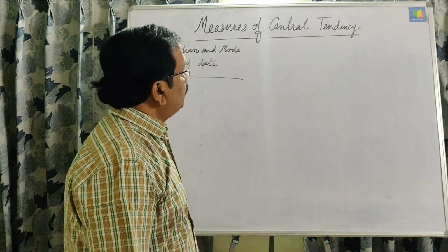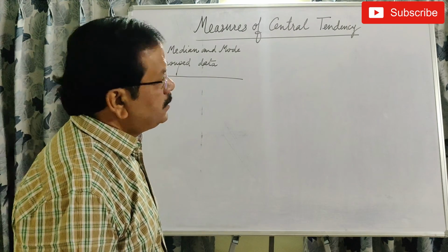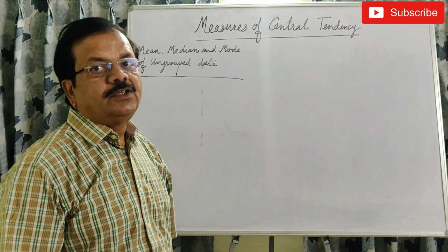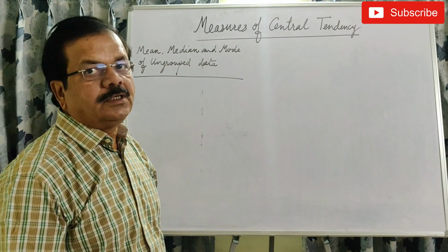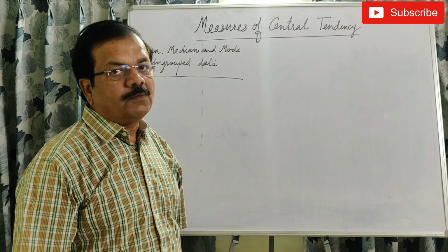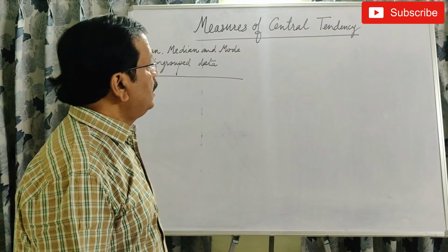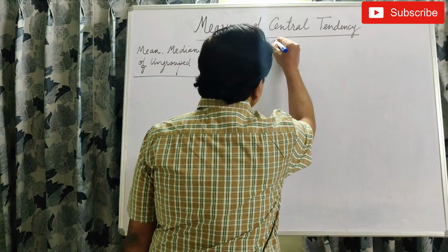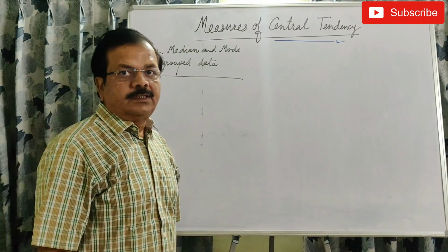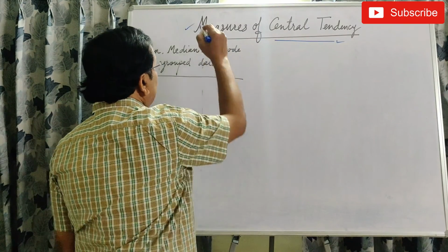Now first of all, often we observe statistical data which has a tendency to cluster around a certain value, possibly the center of observation, and this type of tendency of statistical data is called central tendency, and the numerical value which represents the entire statistical data is called a measure of central tendency,